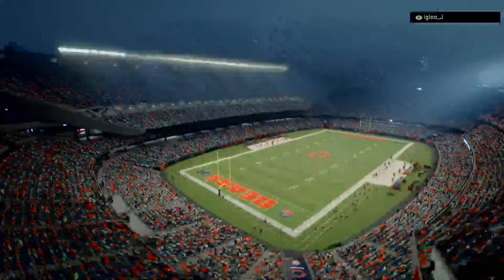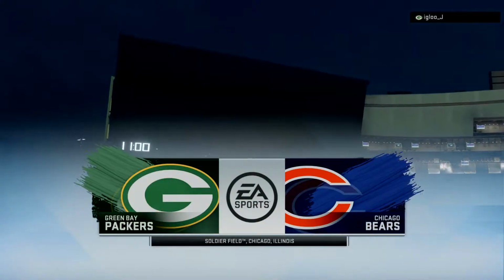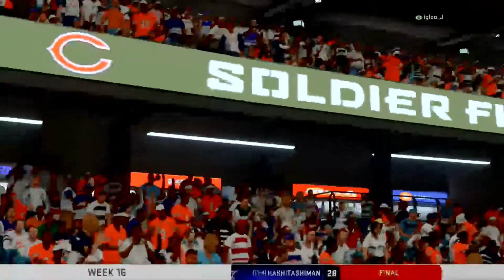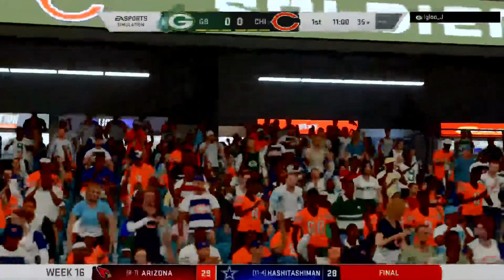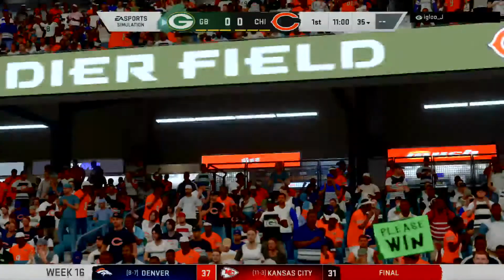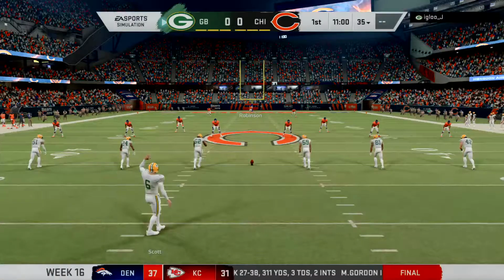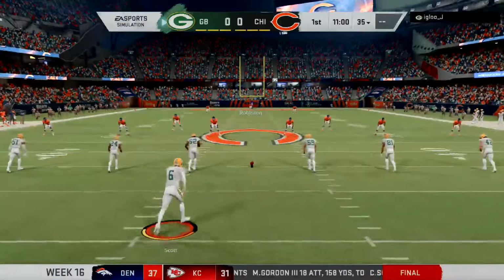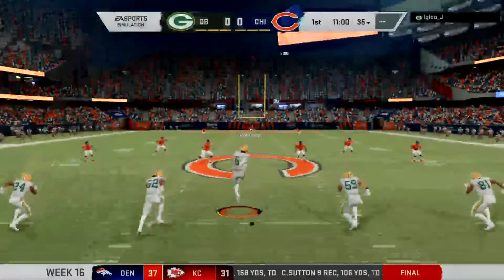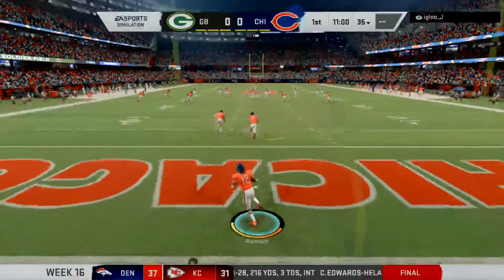First opened way back in 1924, but renovated in 2002. There's a look inside venerable Soldier Field in Chicago. Nothing like the fanfare of introductions to an NFL game, and that was in evidence a moment ago. Fireworks, pyrotechnics, you name it. This crowd is ready as their guys get set to match up between the Green Bay Packers and the Chicago